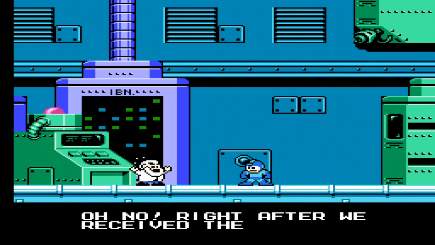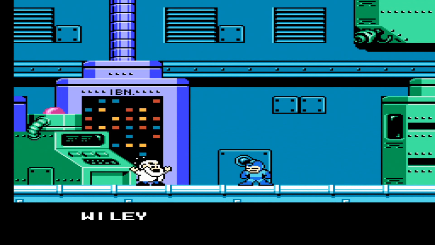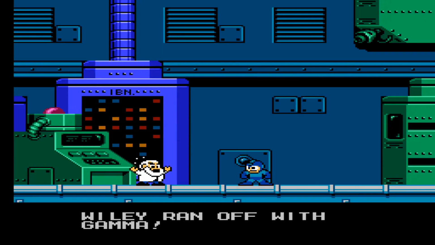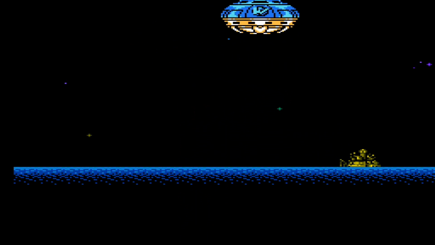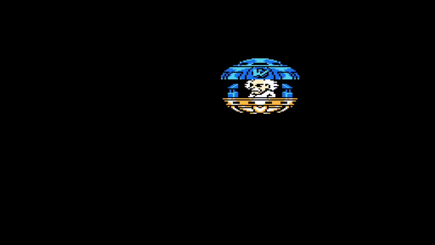Oh no, right after we received the last element, Wily ran off with Gamma. So Wily was behind all this the entire time. At first I thought he was going to be on the good side for once, but no, he betrayed us. So I'll be like, oh, for the love of...